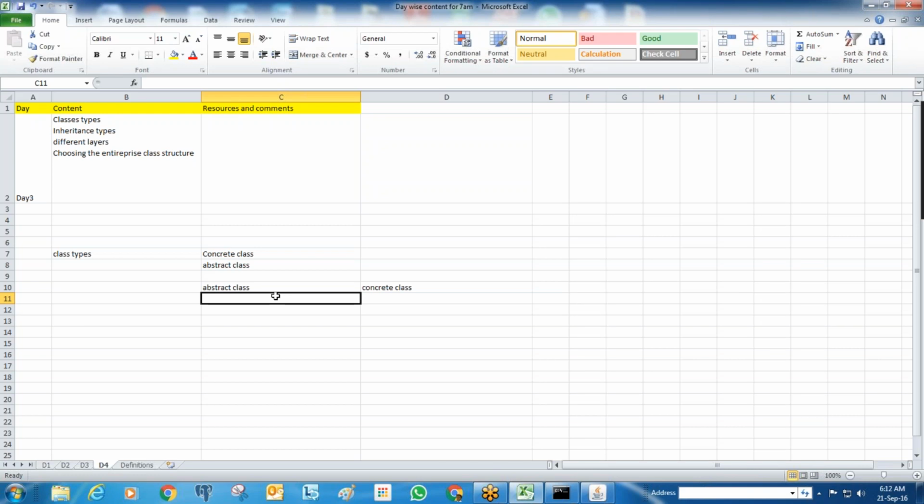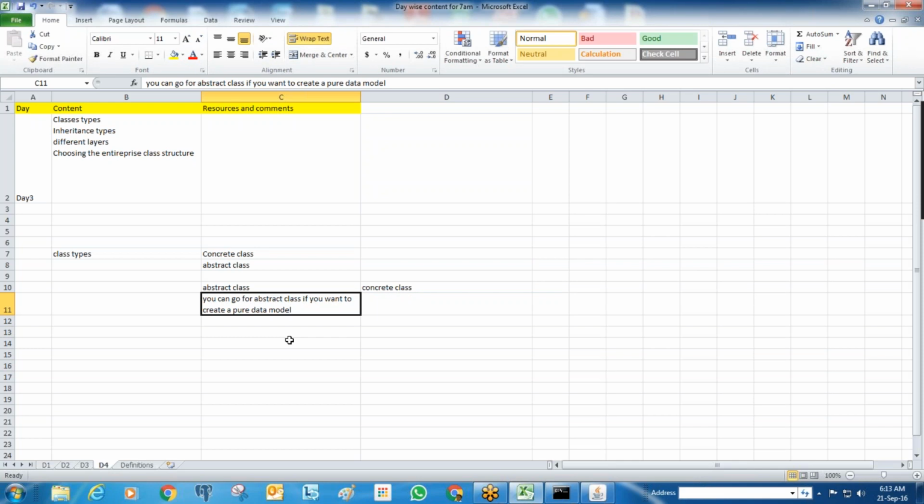You can go for abstract class if you want to create a pure data model. When I say pure data model, it contains only properties.